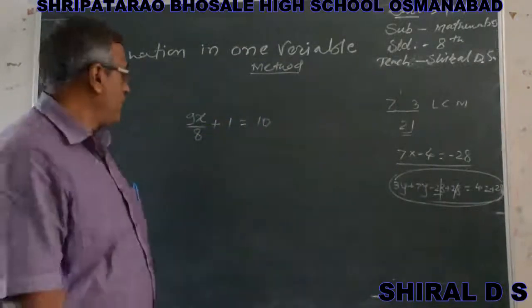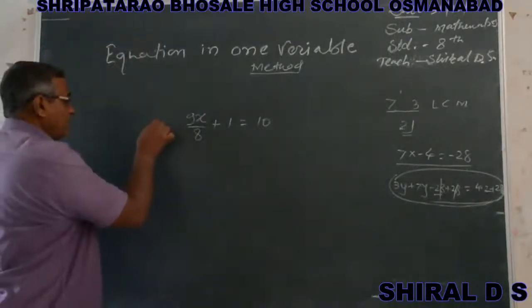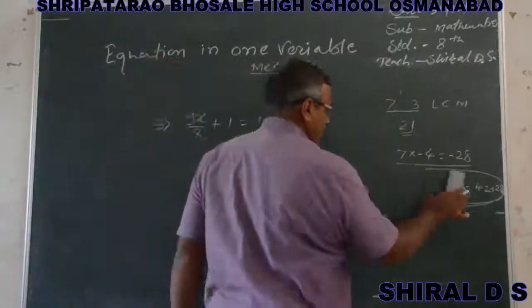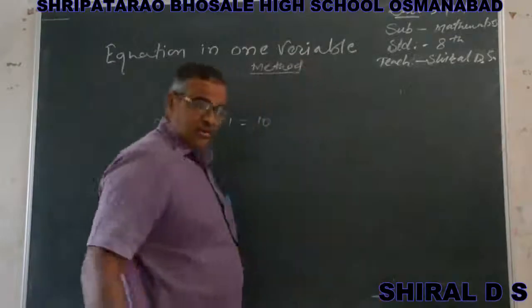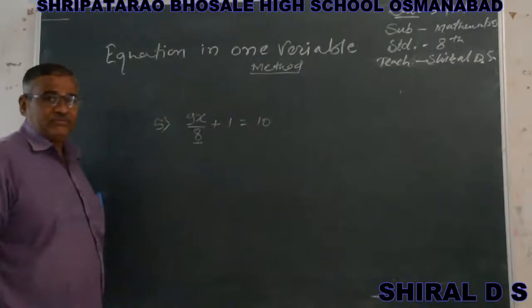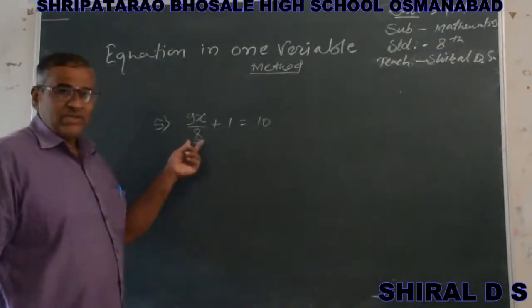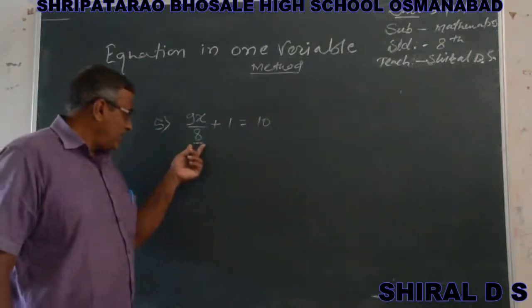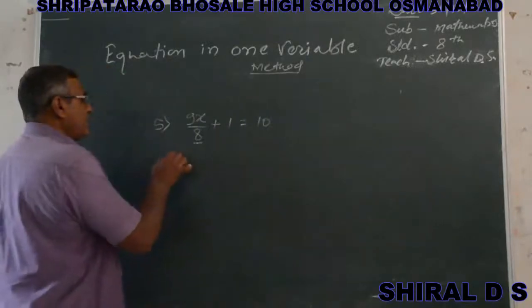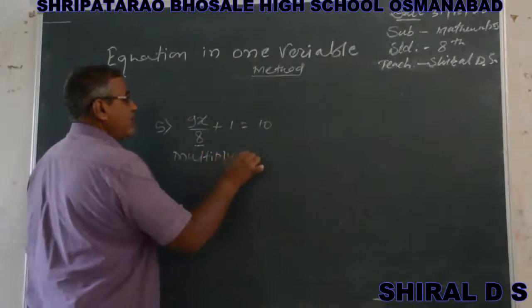Then look here, the given example. So example number 5, 9x upon 8. At the first term, the denominator is 8. Then how to cancel the 8? Same process. To cancel the denominator term, we multiply both sides by 8. Then we write: multiply both sides